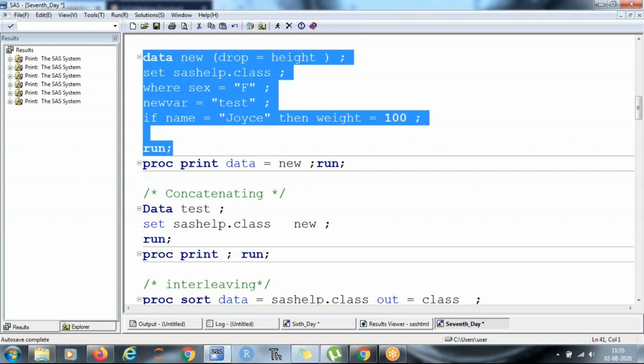This is stacking, where we are putting one data on top of the other. In Python also we use the merge keyword, but that merging is a little different.